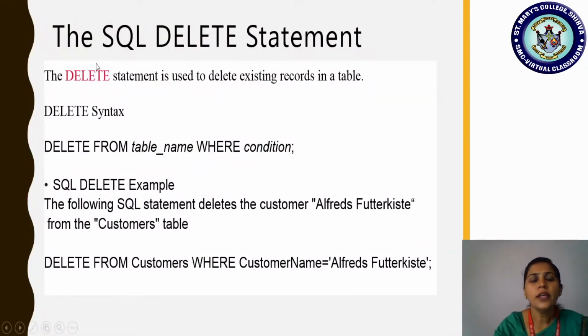So we will be understanding the next type of statement, that is the delete statement. We have created, we have inserted the data, and if required we have displayed the content that is stored. So how to delete the data from the table or from the relation that is stored? We have a keyword called delete. The delete statement is actually used to delete the existing records in a table.